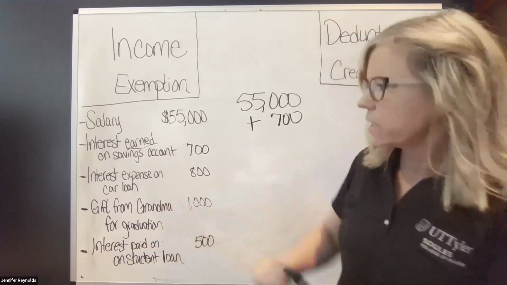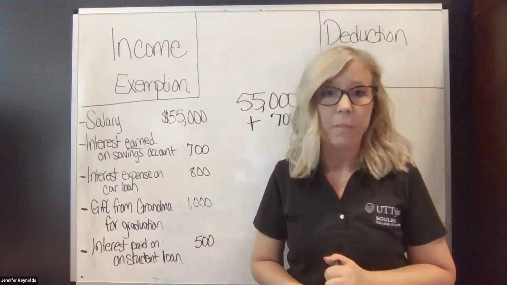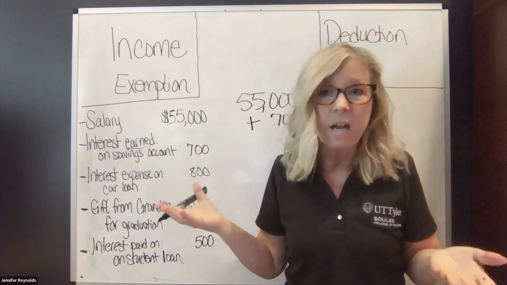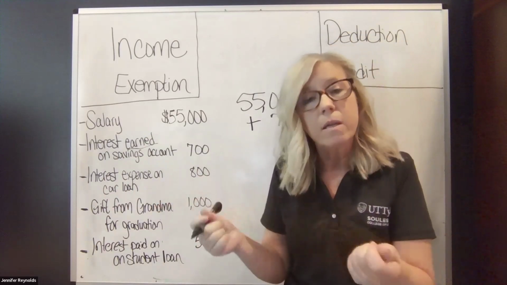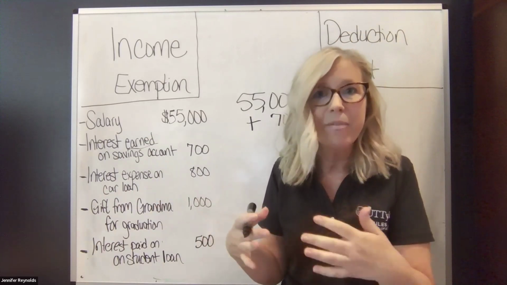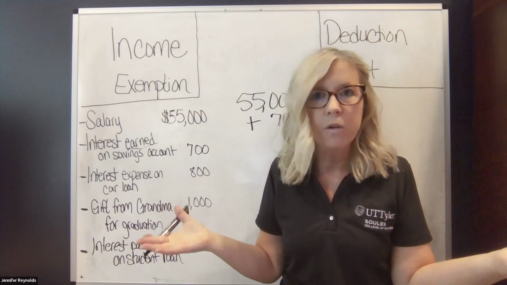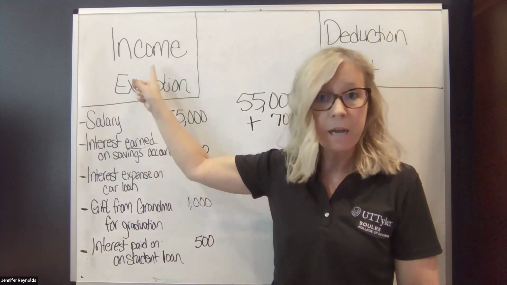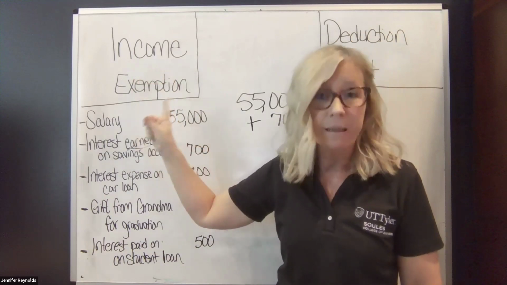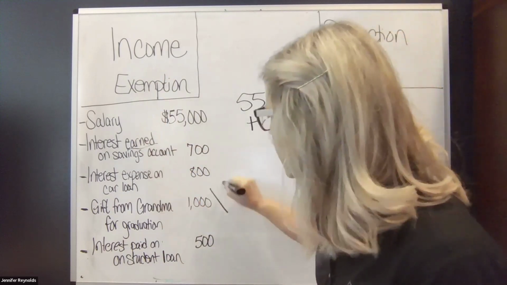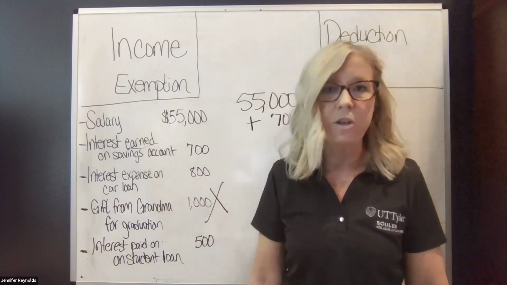and an expense. I'm going to stop here with this gift from Grandma. Grandma gave Murphy $1,000. So I go, okay, Murphy, that is income. But now I look at the Internal Revenue Code, and I say, does Congress tell me anything about this? And lo and behold, Congress says, that's going to be an exemption. We realize it's income, but we are exempting that from federal income tax purposes. So I get to say, yay, I don't pay taxes on that.